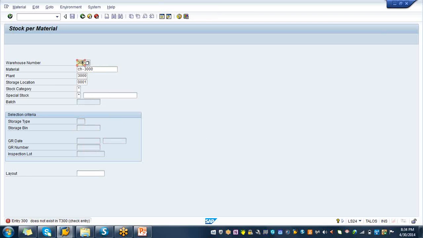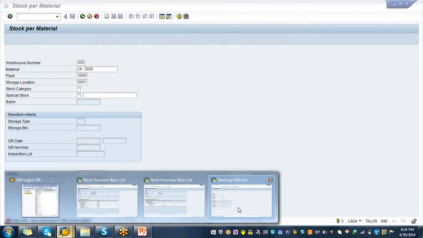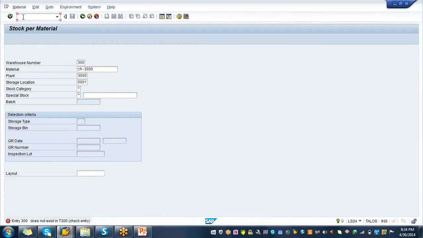Okay, so the warehouse number is not there. So in the configuration itself, the warehouse number is missing. So let us not really worry about the input component. Okay, so let's go and try to complete our work by performing the next step, which is /n